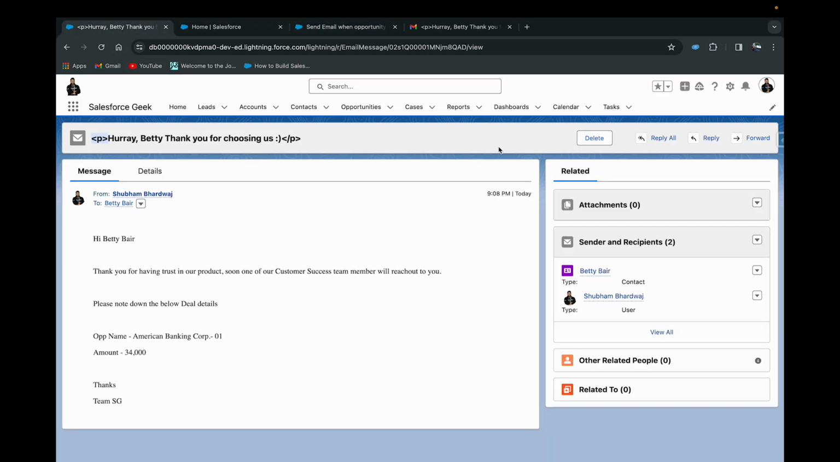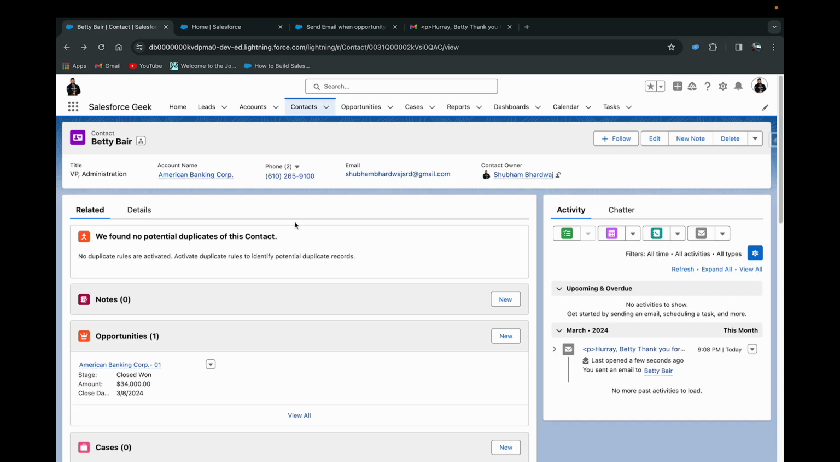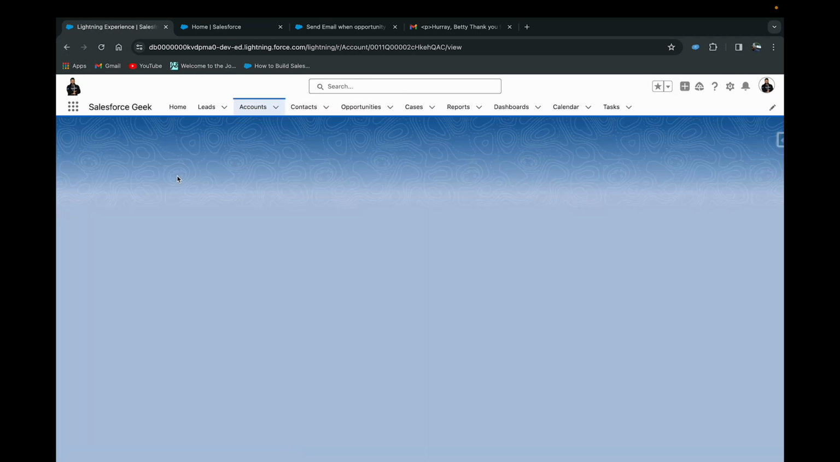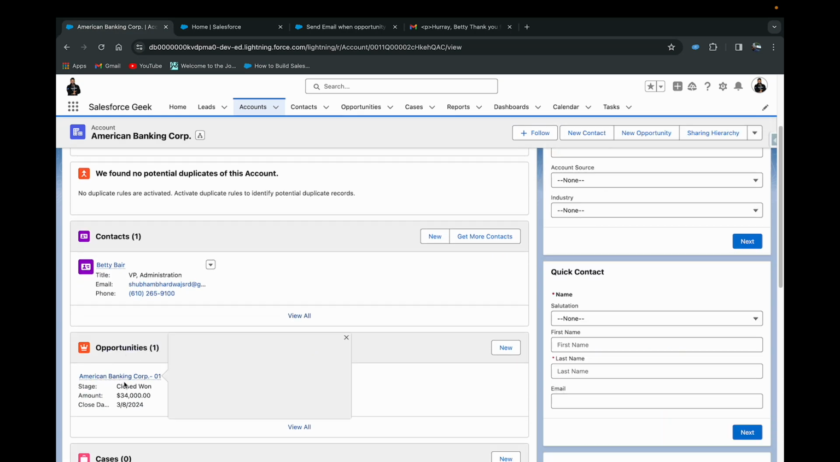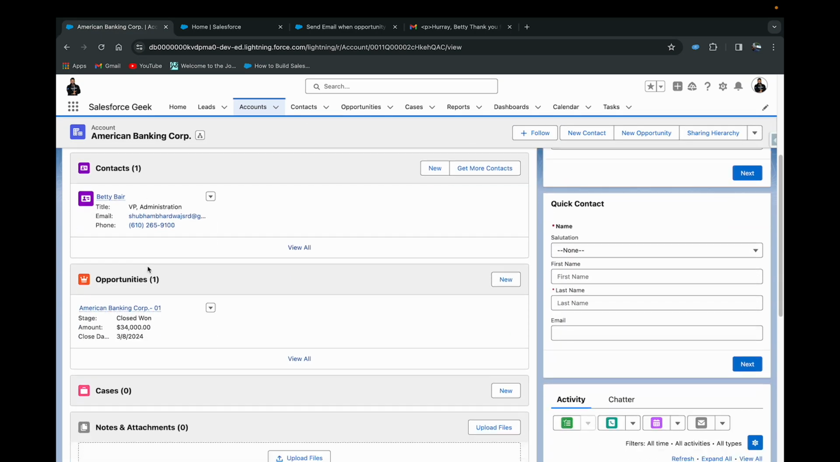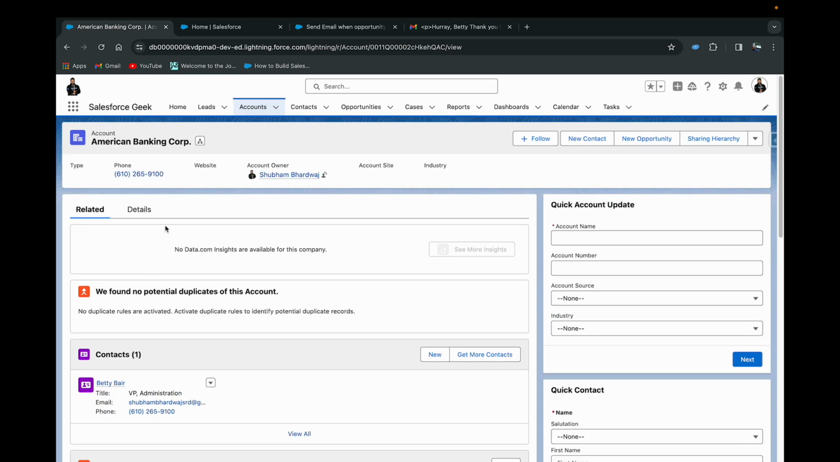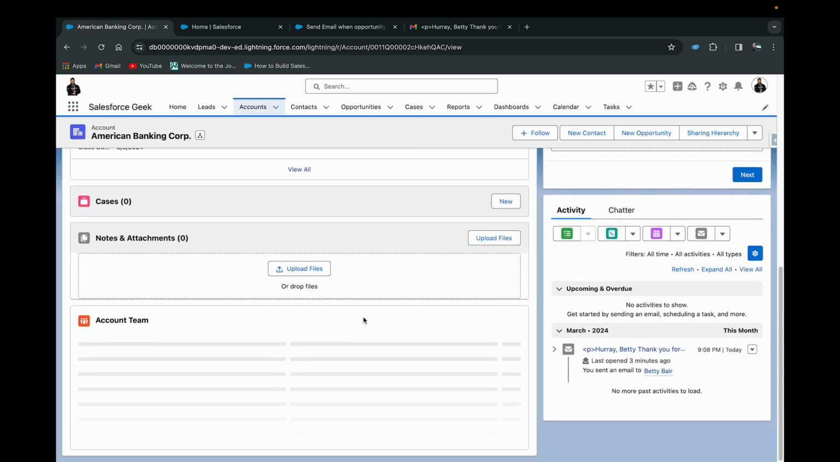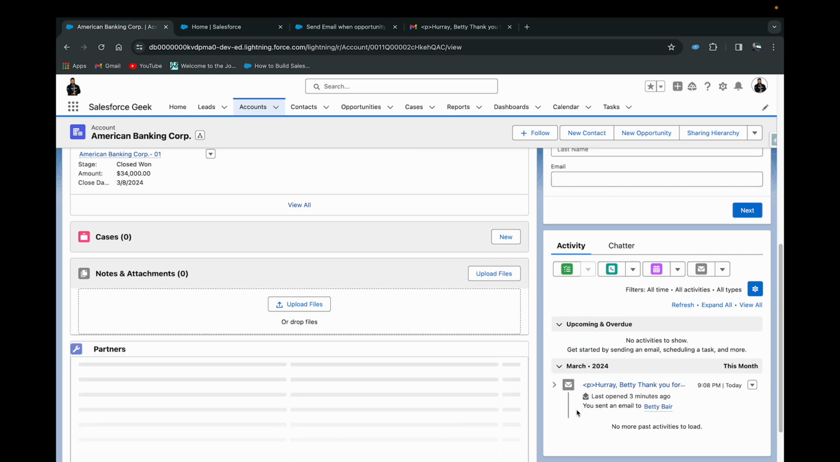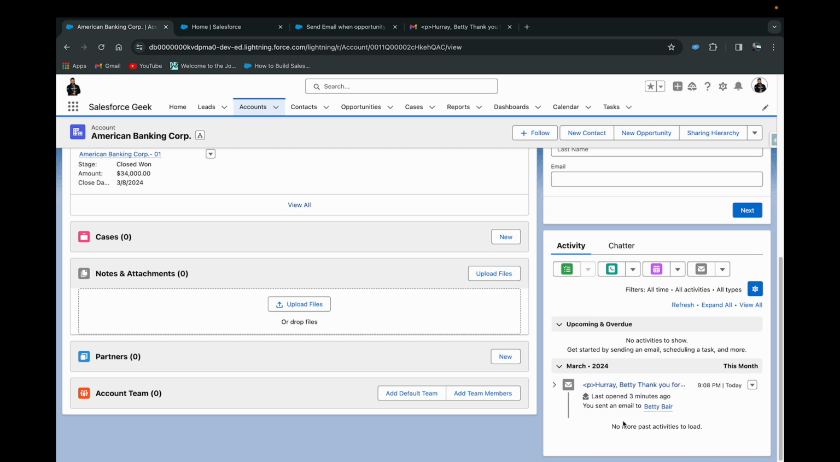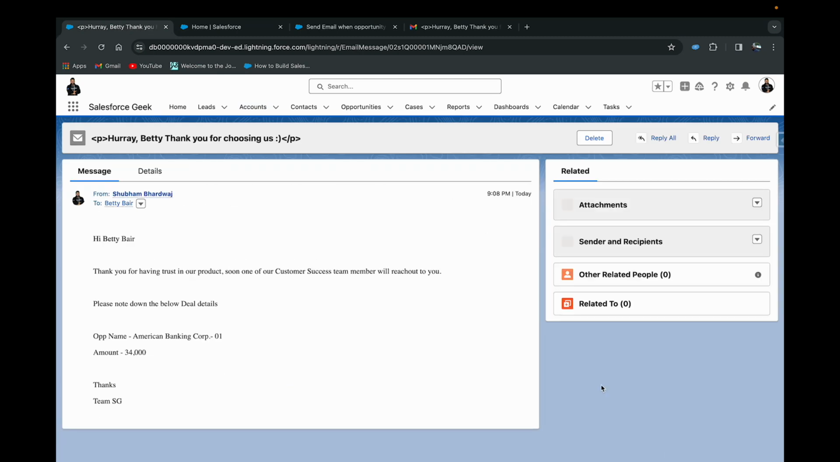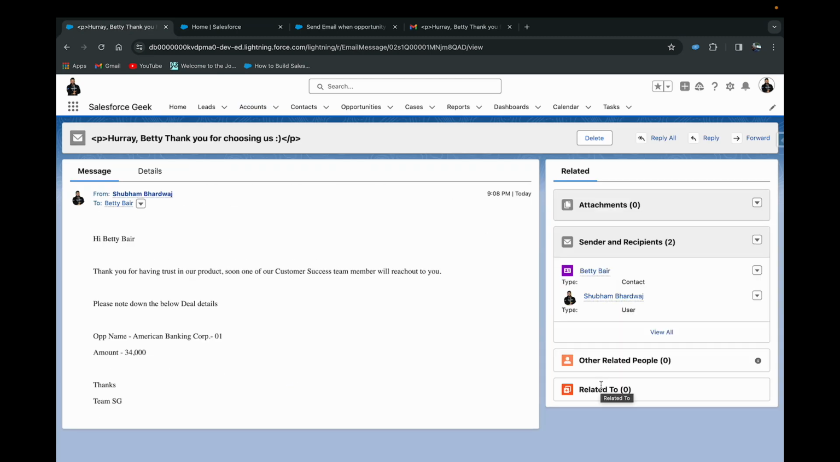Now let me do one thing. Let me show you the account, where we don't have anything yet. So here is the American Banking Corp, and here you can see the related opportunity that we just closed. What I will do is simply show you in the activity. Currently, you are seeing that this email is logged on contact level, right? We logged this email on contact level, so it is also visible on